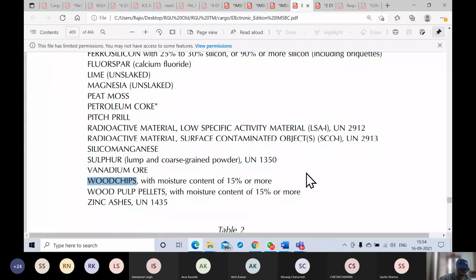I have a small idea because I've worked on a ship carrying wood chips. But long time back, of course, these wood chips are used to make paper. That is the raw material to make paper. So much so that in Japan, they used to import wood chips to make paper. First, they used to buy paper, maybe newsprint, maybe A4 size papers, etc. They used to buy from USA.